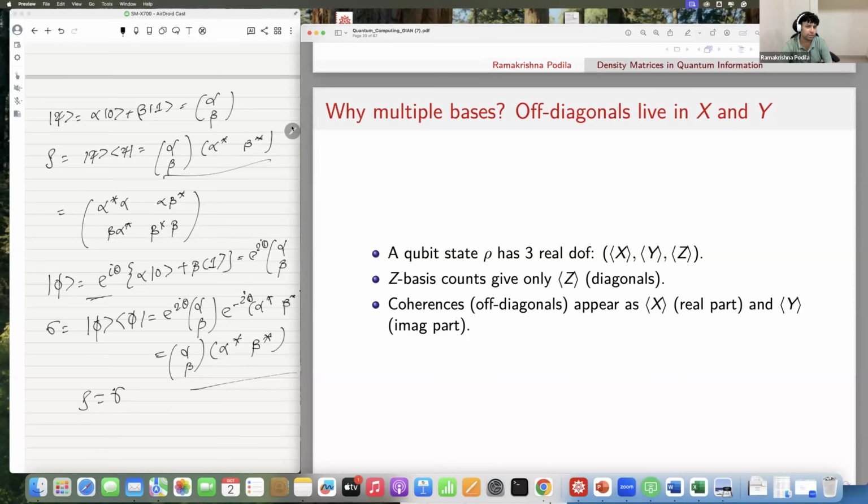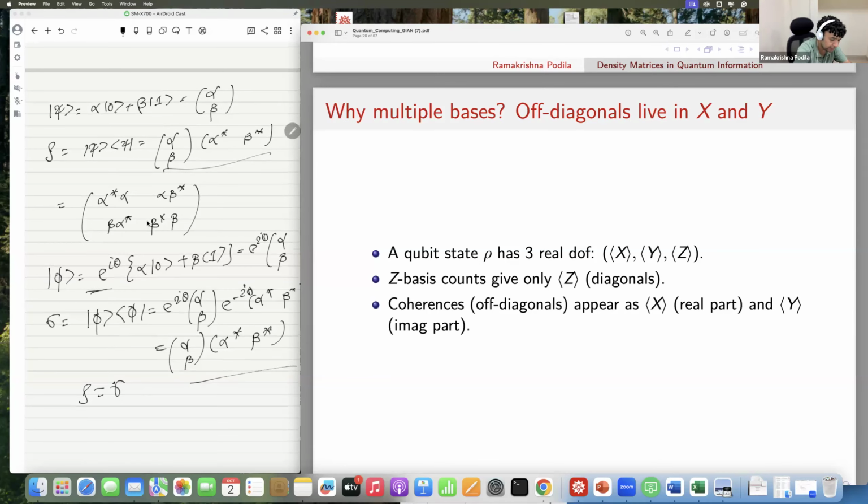So again, this question was asked earlier. Why do we need multiple bases, right? We need them because the off diagonals live in X and Y, right? If I consider only one basis, then I may get only the Z components. For example, if I set up a Stern-Gerlach experiment along the Z basis,